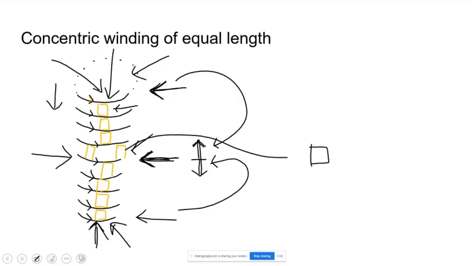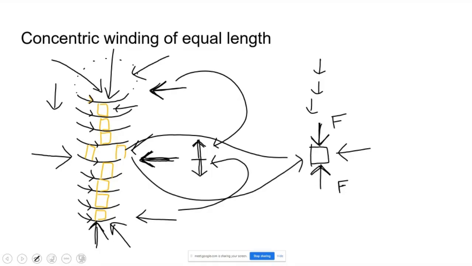On this middle spacer, all the forces on one conductor, second conductor, third conductor, all will add up and will appear. The force will appear this side, and on this side also an equal and opposite force will appear. So this spacer will get the highest stress due to these forces. This F is high in the middle portion. This is not the same for outer spacers. The other spacers will experience less and less stress.